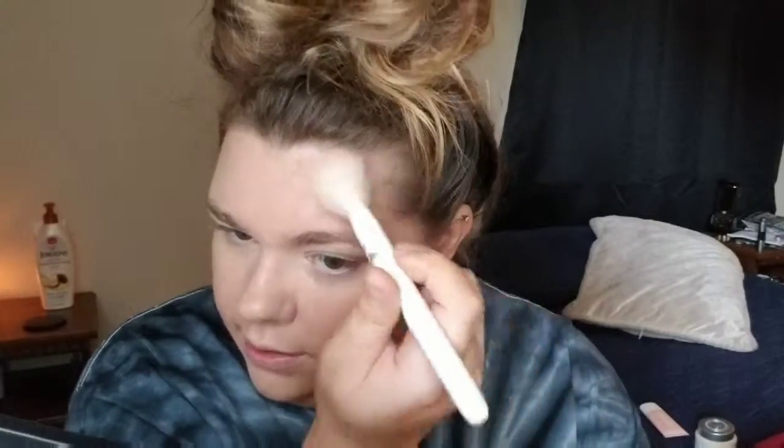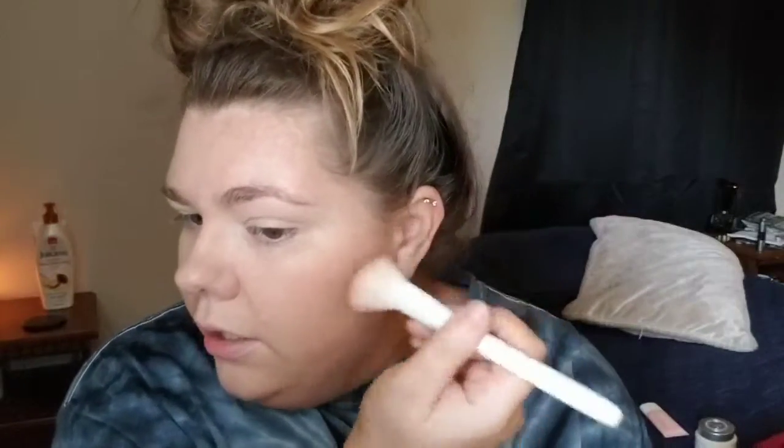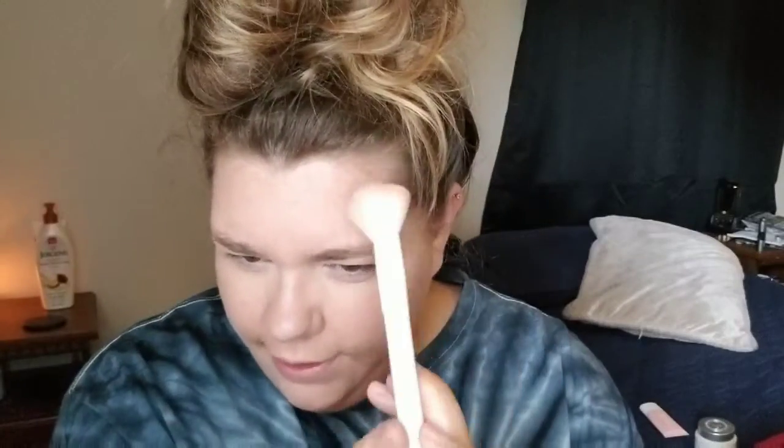bronzer on or anything. But yeah, let me move the camera really quickly because I think it's a better position. I was trying not to show all Kevin's scraggly stuff on his table, but whatever. He's an HVAC technician and he's got a million papers over there and lights and flashlights and all kinds of stuff. But oh well, at least the lighting's better and I'm not looking like I'm in the dark. And it's starting to get dark again outside because once again it's gonna rain, and it's been raining forever. I'm glad everything's growing and looking beautiful, but